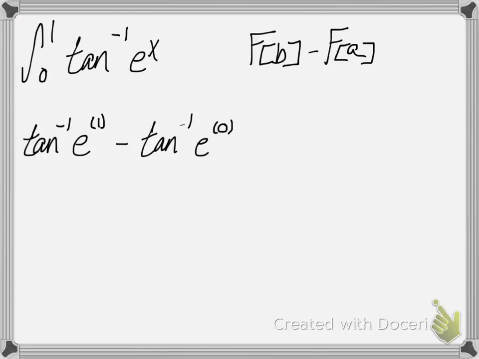And we know that anything raised to the 0 is 1, so e to the 0 is just going to be equal to 1. Alright, so now we'll clean that up a little bit more, and we're going to have our tan inverse of e to the 1 minus our tan inverse or arctan